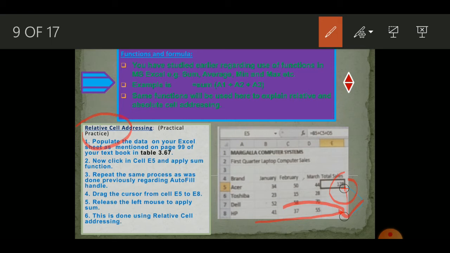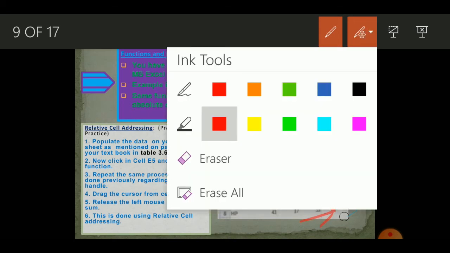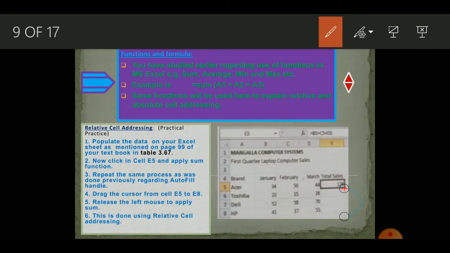That's right. So each cell has got a next cell to it, which is called its relative cell. So as we have applied the formula to one cell, it is not a good practice to type each formula again and again for each cell. This is time consuming. So we will use the autofill handle to copy the formula automatically. It will be automatically copied to each cell.